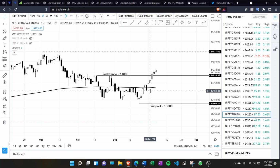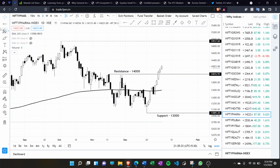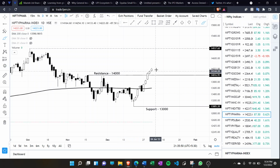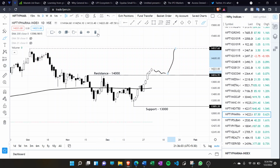So if you want to trade, you can look to trade in this sector, the pharma sector. That is the stronger other than the Nifty IT. Nifty Pharma is the other strong sector, and Nifty Auto is also showing some recovery. Bank Nifty is still weak and Nifty still needs to cross 17,600. So IT and pharma are the only two strongest sectors that are also not prone to COVID. So right now, if you want to trade, look for trades in this sector because it is giving a strong move. It crossed resistance, and in case it consolidates, it will take support at 14,000, and then it can head higher to its all-time high level of